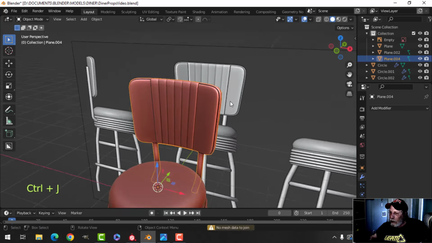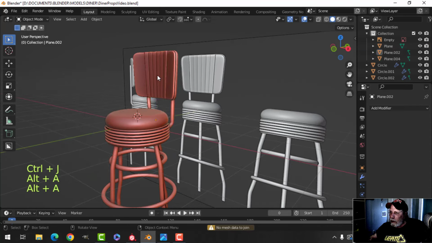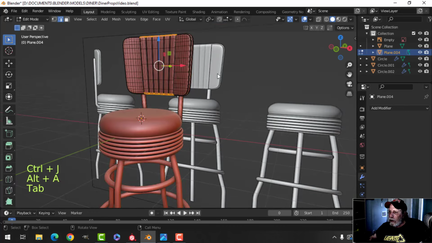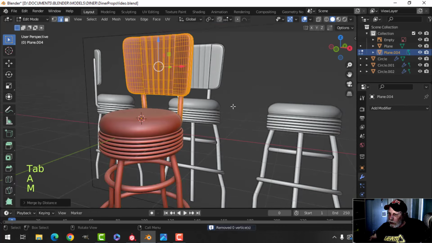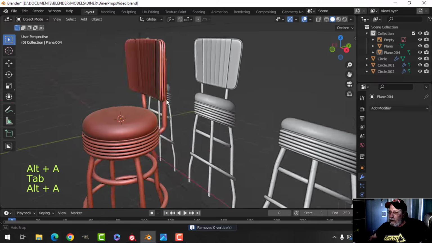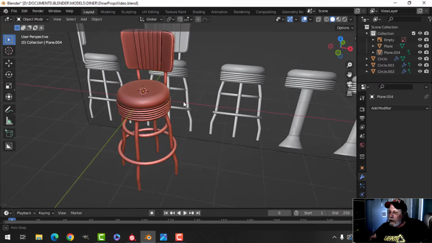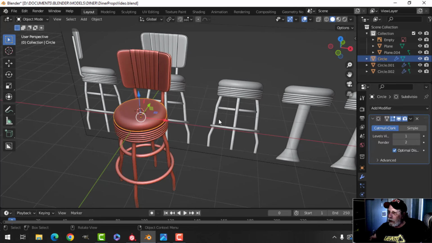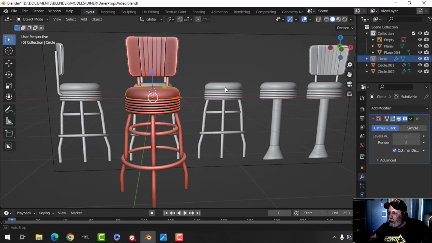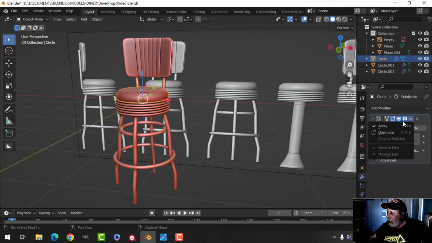And I'm going to join that. So we have the top part of the chair right there. Oh, I didn't join it today. Okay, and then of course you can come in here and merge by distance just to make sure you don't have any stray vertices. And before I do anything else, we'll apply that subdivision, but